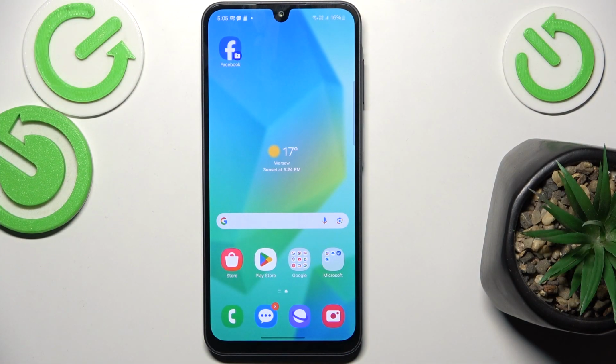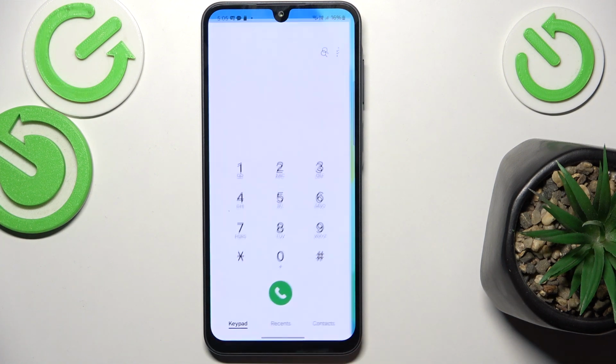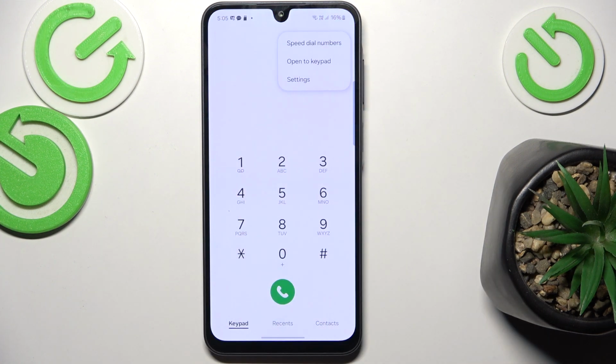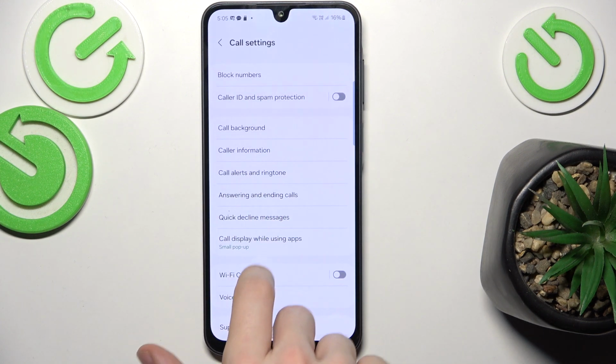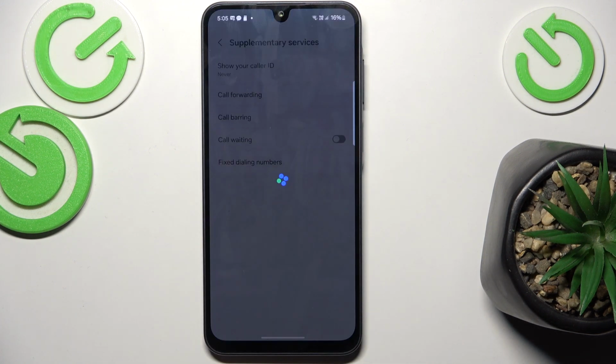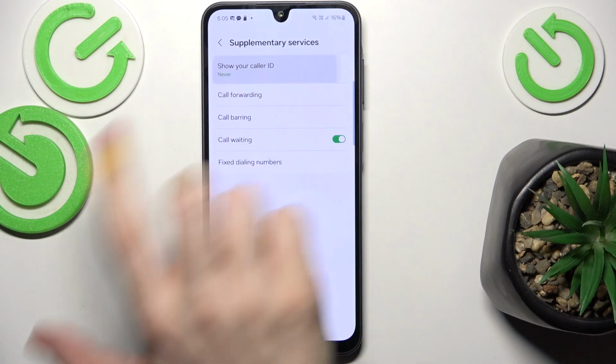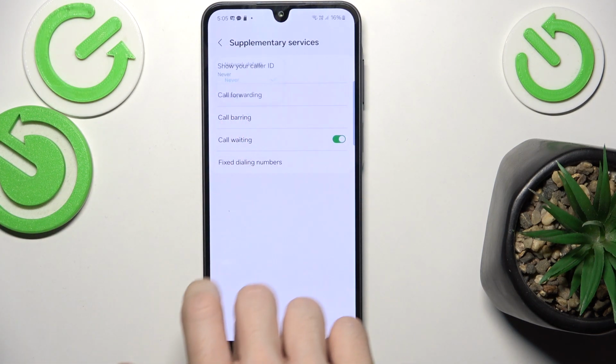To make your phone number private, go to the Phone app, then click on the three dots in the top right corner and go to Settings. Now you can just go to Supplementary services, and when you set Show your caller ID to Never, from now on,